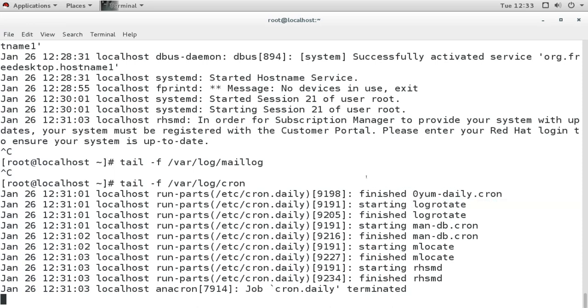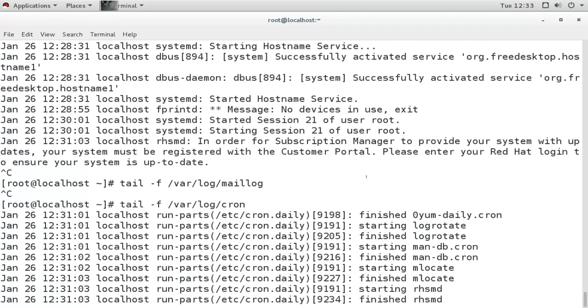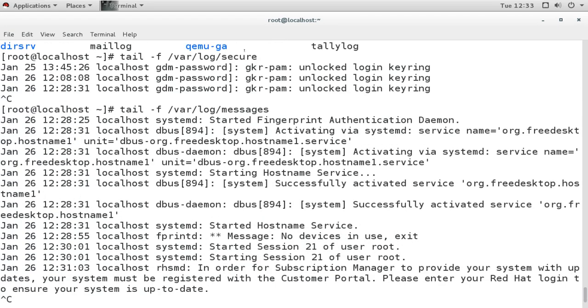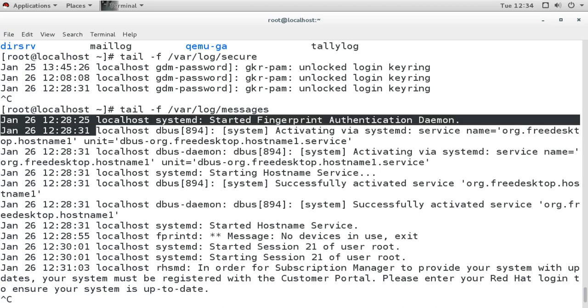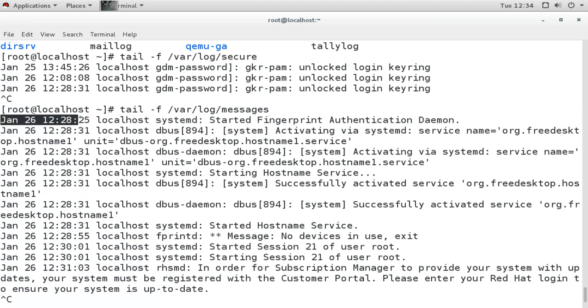Then if I see the other logs of other files, like from the secure file, from the message file, I'll see the same format. Like in the message file I have this log. First it is showing the timestamp, then machine name, then the service or process responsible for generating the log, which is systemd here, and then this is the message.